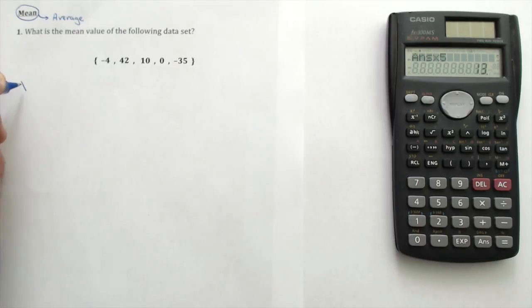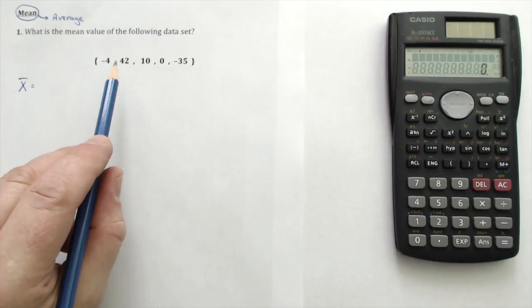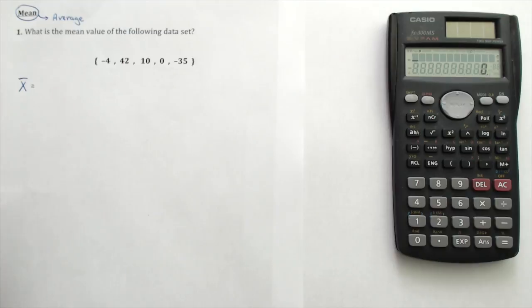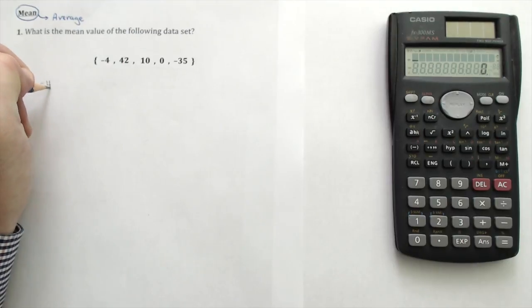Just the symbol for mean. The symbol for mean is always going to be that little x with a bar over it. And that's what we're going to use to represent the word mean or the word average. And the way that we're going to go ahead and get the mean is to take each of these numbers and add them together. So I'm going to go -4